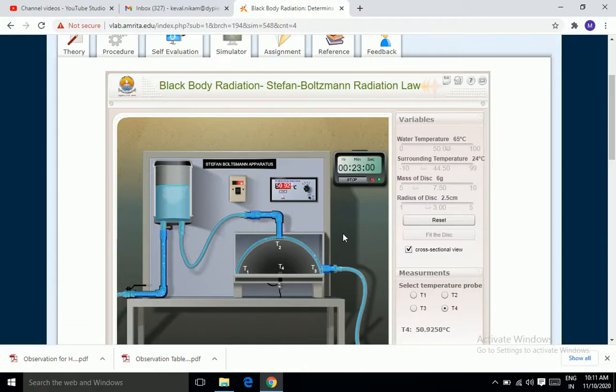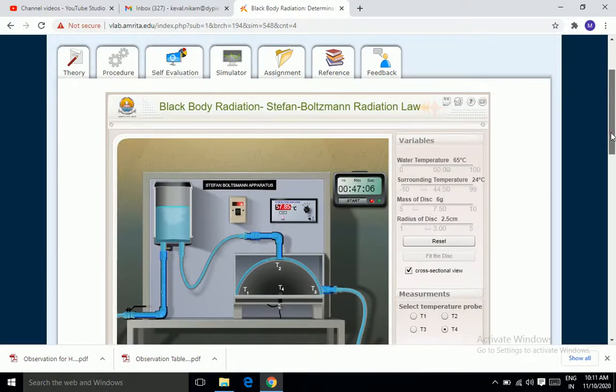It will increase and then it will stop. The point where it stops is nothing but the steady state temperature. Beyond it, it won't affect the radiation. Now you can see the temperature has stopped at 57.85 degrees centigrade. This is the limiting temperature of the disk. With this, the Stefan Boltzmann law has been demonstrated.